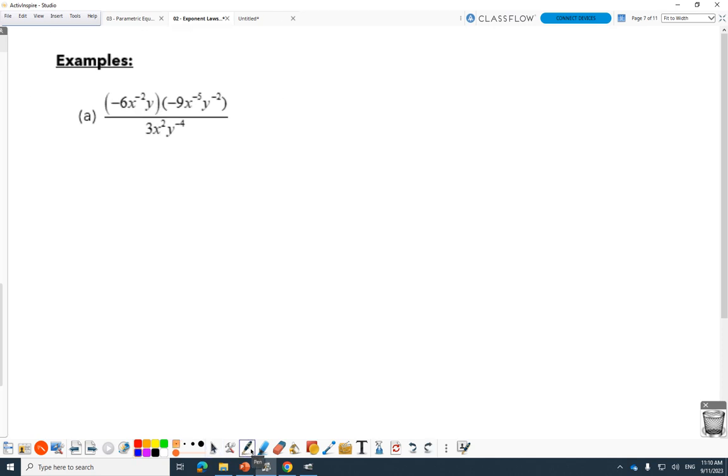This is the type of homework question and test question that stops people cold, because this is a truly cat in the hat question. You've got to tie all this stuff together. Let's take a look at what we have. Negative 6x to the negative 2y, negative 9x to the negative 5y to the negative 2, over 3x squared y to the negative 4. Here's Mr. Todd's big hint. I'm going to put it up here. You should write it down. Mr. Todd says,